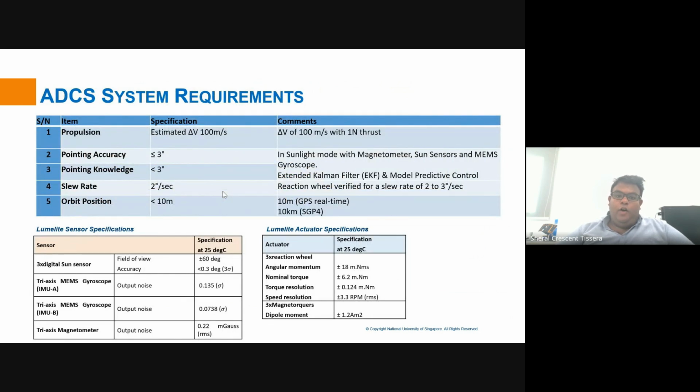Firstly, I'll start with the requirement. Now, because it is a formation flying mission, we need a propulsion system where two out of the three satellites will carry a propulsion system. The requirement is usually specified in terms of the delta velocity, and the requirement is 100 meter per second. So generally a satellite will fly about 7 kilometer per second. So with this propulsion system on board, we are able to change the velocity by plus minus 100 meter per